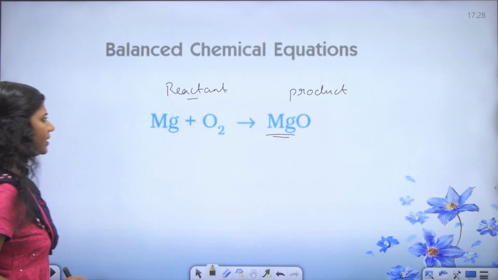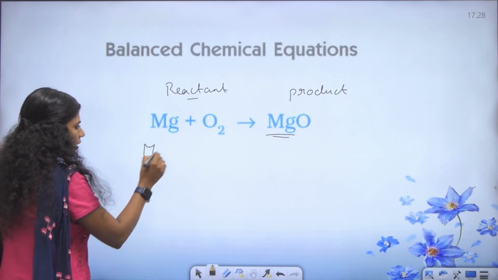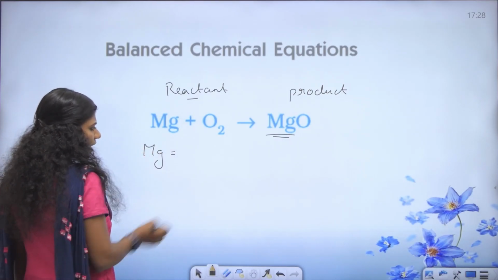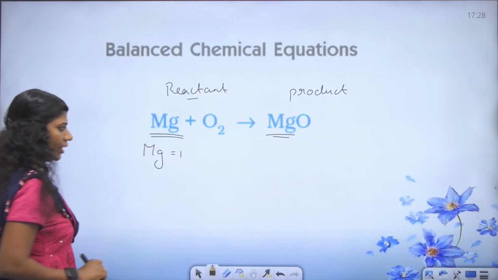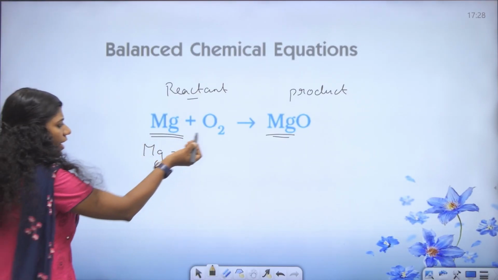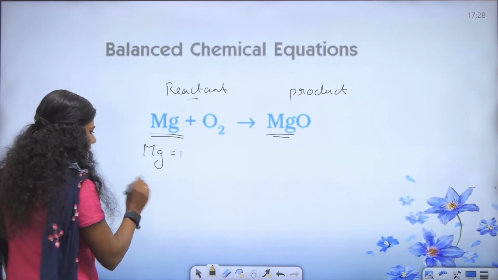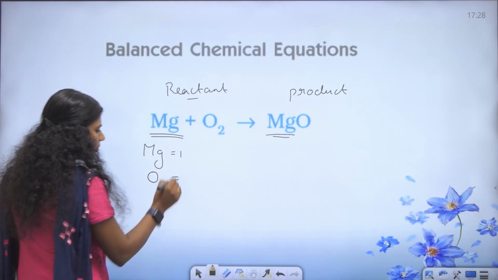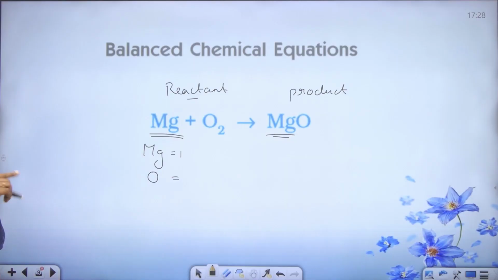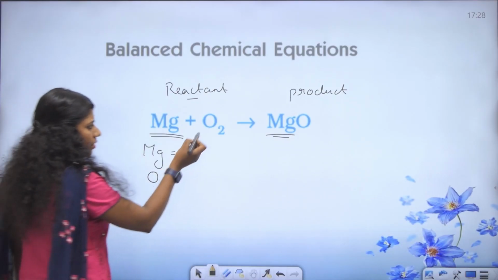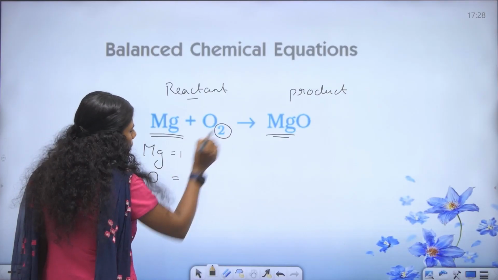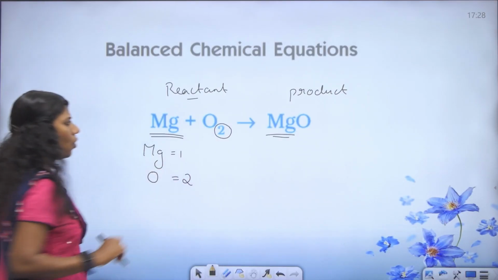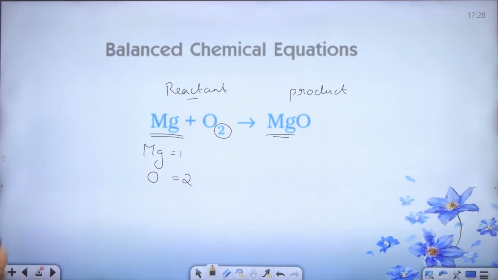In the reactant side, how many magnesium atoms? Only one. Mg, only one magnesium atom. And another reactant is oxygen. How many oxygen atoms? Oxygen is O2, that means 2 oxygen atoms. Then in the product side,